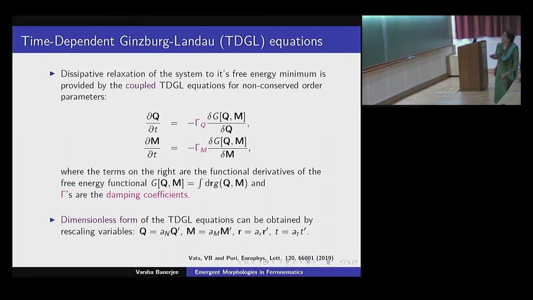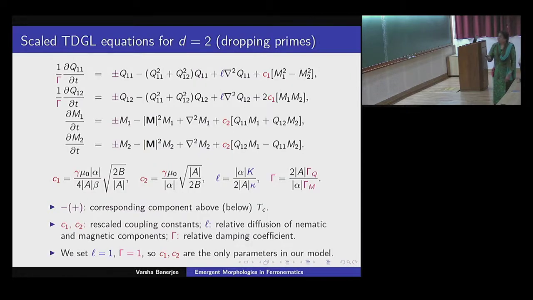Okay? And I already see that I'm running out of time. But in this, these are the damping coefficients, and one can very easily obtain a dimensionless form of the TDGL equation by doing certain scalings. So that's how the TDGL equations for d equal to 2 look like. The important thing to note is that we've rewritten the parameters in terms of the Landau parameters. Okay? So there are four